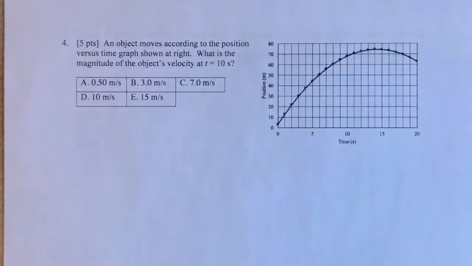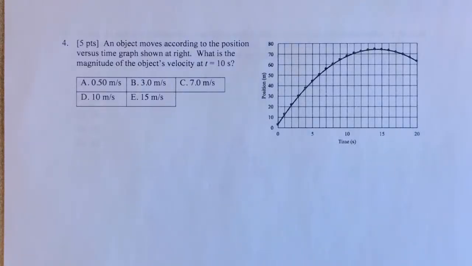Okay, question 4 of the exam. The question is related to graphing kinematic quantities. That was sort of the context of the question, and specifically determining the instantaneous velocity from a position time curve. So we're looking for the magnitude of the object's velocity at t equals 10 seconds, and to get the velocity